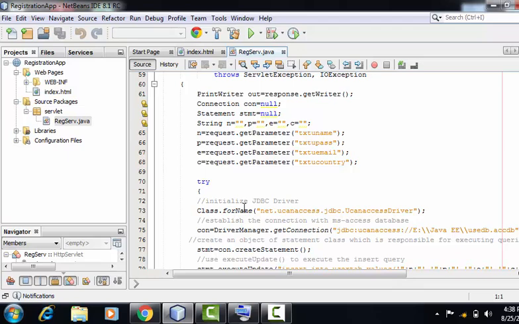My next statement is Statement stmt = null. So here I'm creating an object of Statement class. By using this object, I can execute the SQL query. Now for storing 4 string values, I need to have 4 string variables. So n is a variable which will be responsible for storing the username. P is the variable which will be used for storing the password. Inside variable E will be storing the email ID, and inside variable C will be storing the name of country.